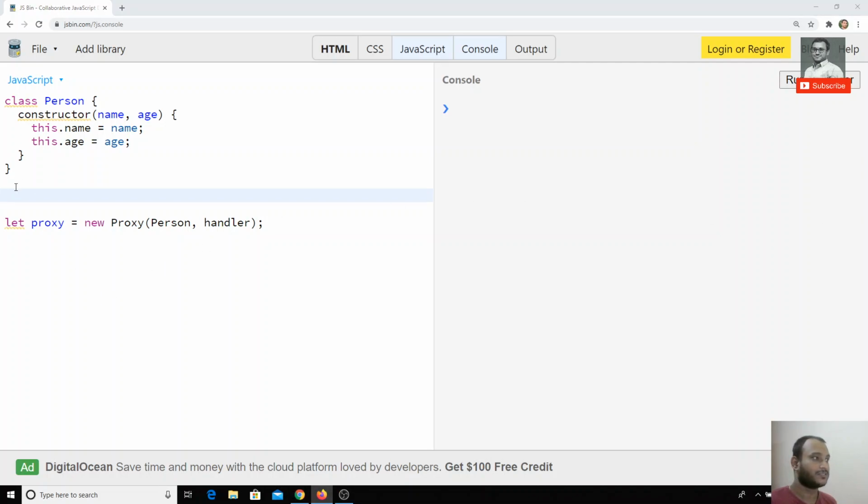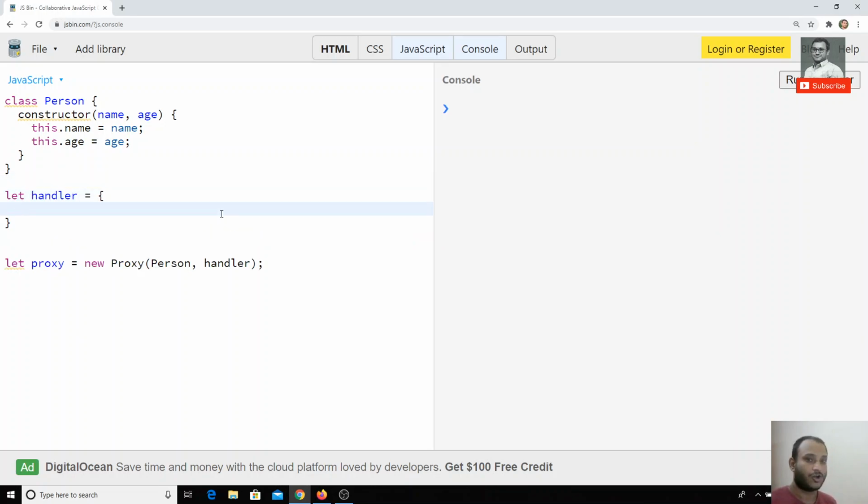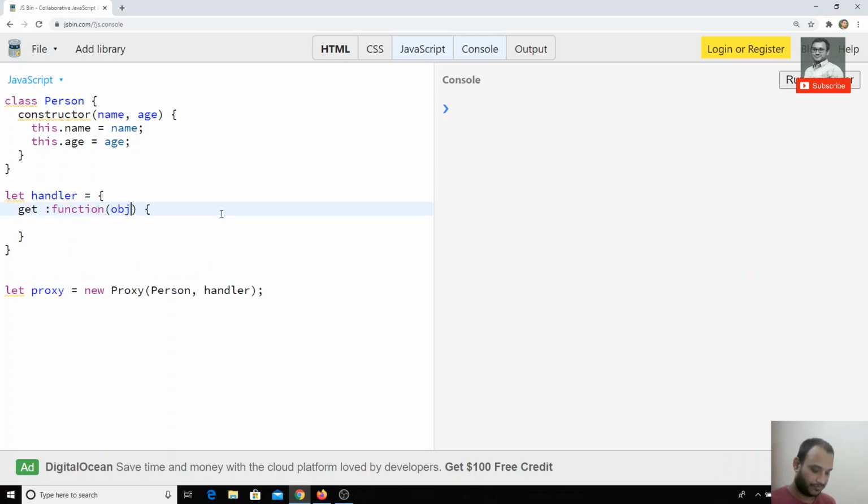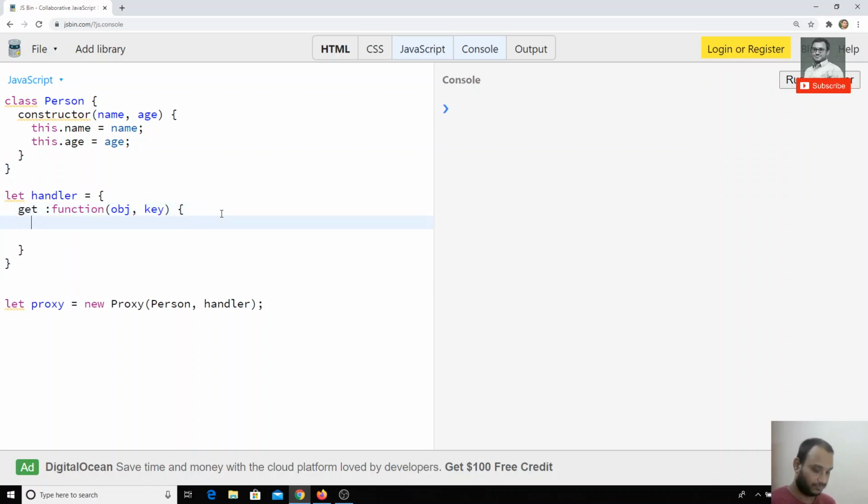How we can write the handler is what we have seen in the previous example. So we will have the handler, we will have the object, and we will have the get method. The get method is a function, and you will be getting the object and key. Return the name, or otherwise check if the key is in the object. If the key is in the object, return that object of key, or otherwise send not exist or something like this. So this is the get thing.